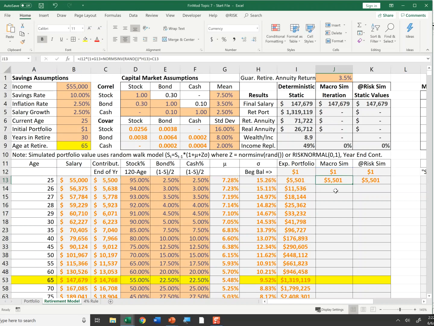My portfolio is going to start at $1. It's then going to grow at 7.28%, plus a random shock, my random Z, NORM.S.INV(RAND()), that's that random Z variable that's normally distributed, times the standard deviation, plus my contribution. I'll copy that down, and now what you see is every time I hit F9,